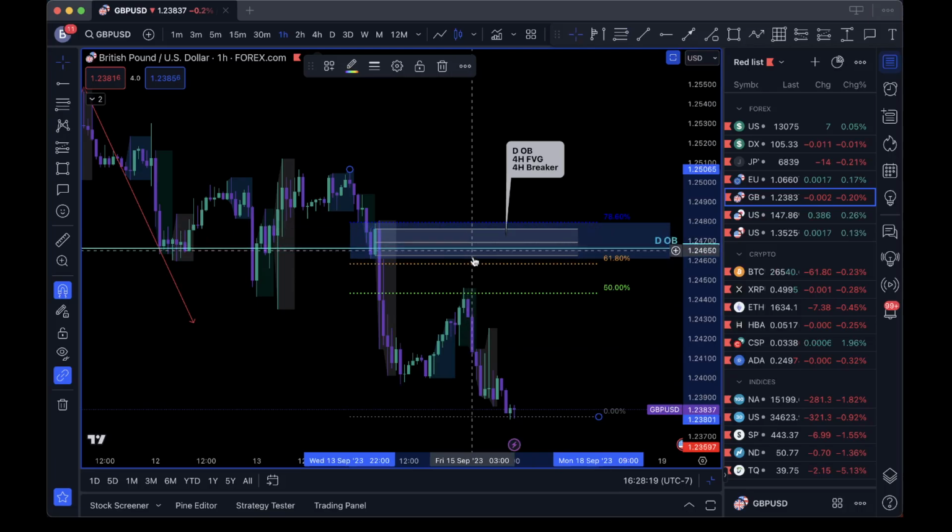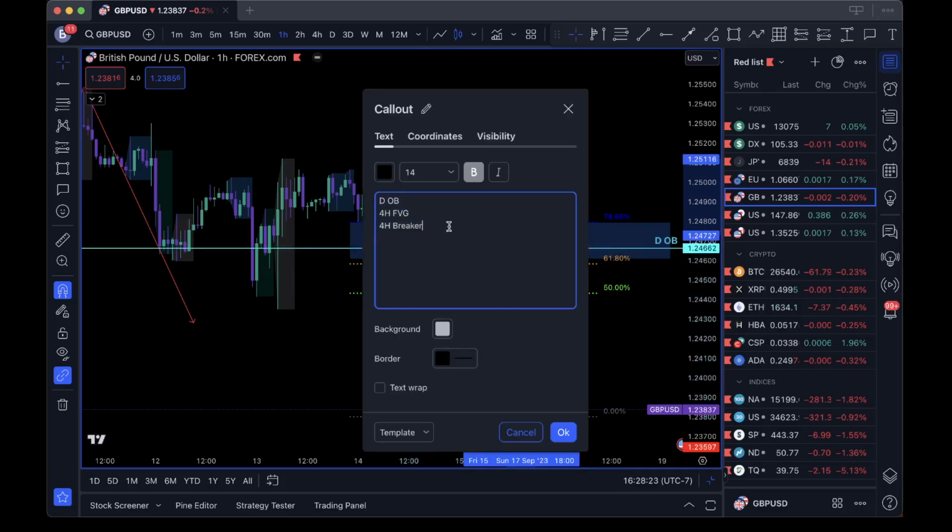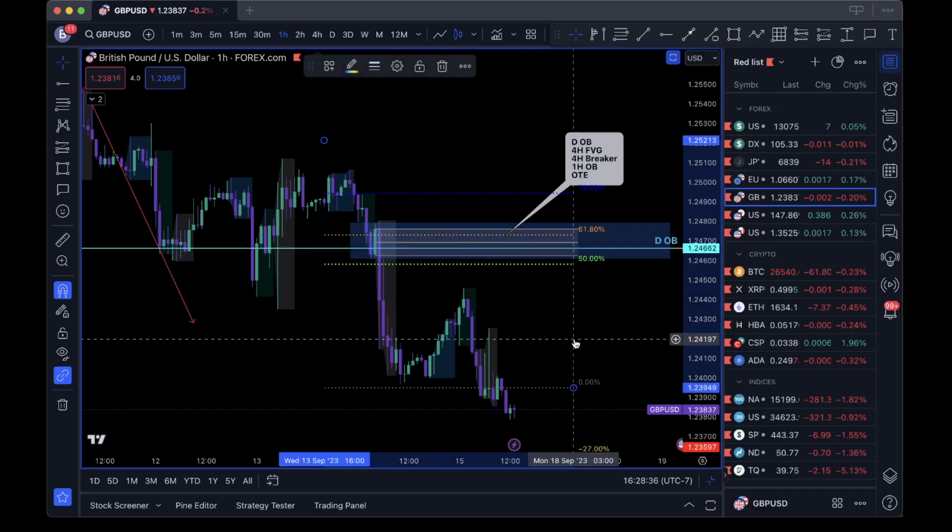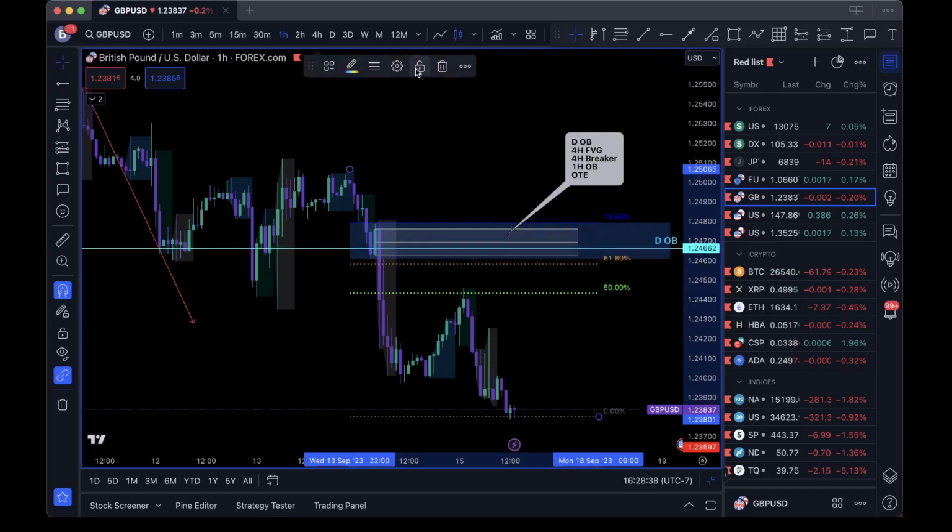I mean, it's kind of in between here. This is an interesting level right here, guys. I'm not 100% on it, honestly. Have that 1H order block, OTE. Cool. That's a lot of confluences, guys, for this area. So if we do make it up there, then cool. I think that'd be a great place to sell.